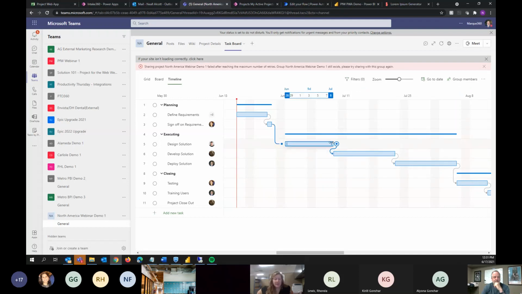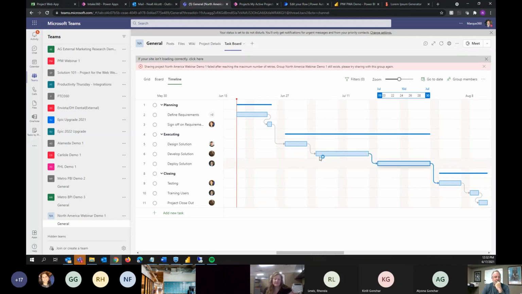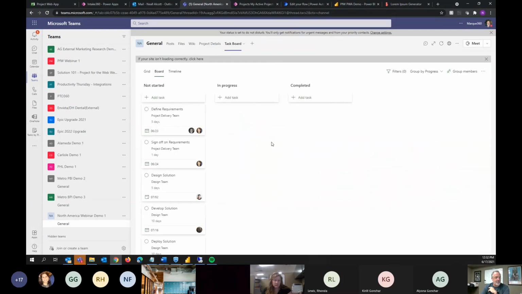Makes it a lot easier, if anybody's ever fought Microsoft Project to get the schedule to do what you needed it to do. What this allows us to do is have a little bit more control over the nuances of the schedule. Okay, so going back to the board view, if I go to the Kanban board view,